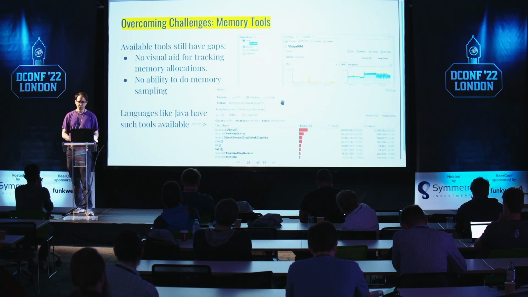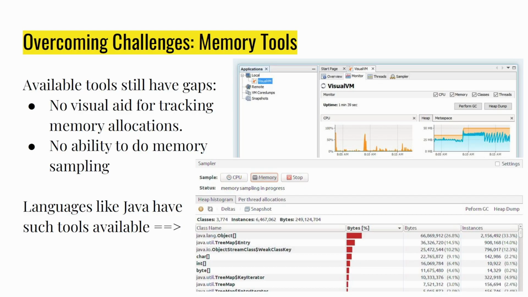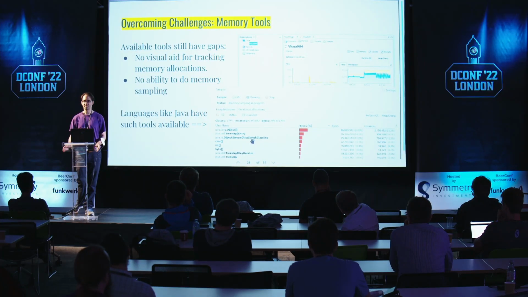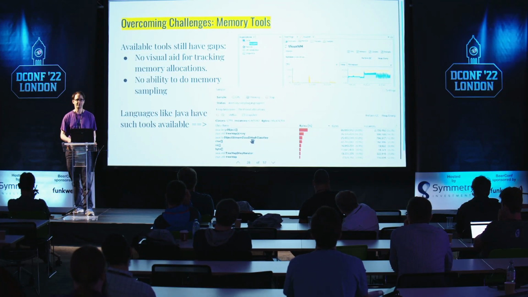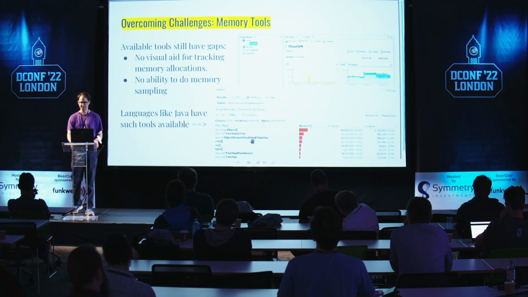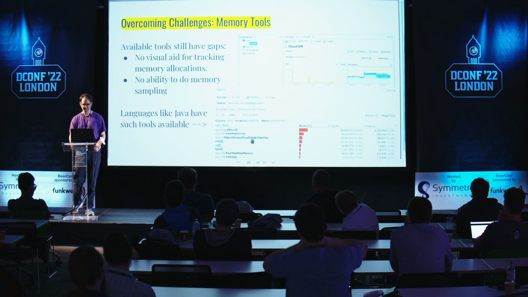It's not as good as what you can get from other systems. Like in Java, for example, there's a tool called VisualVM, where you can attach to your program and get a visual map, just like we had for the CPU profile. You can use it in KCachegrind. They can do the same thing for memory. However, the raw data is there, and it's just a matter of time, or effort, before someone makes a tool to let you visualize the memory tracking in D as well.